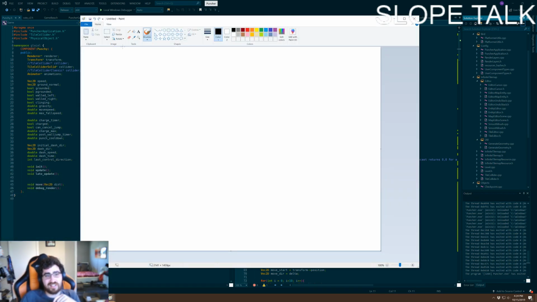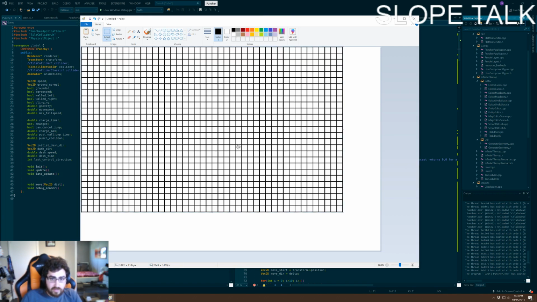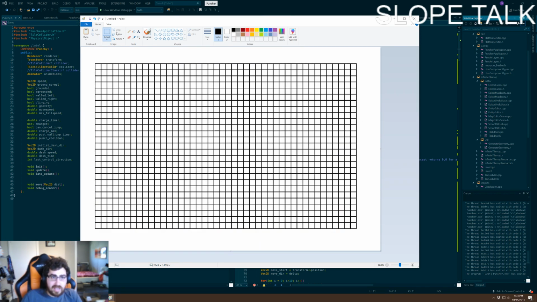So the difficulty with solid shapes is that, one, you cannot use a raycast for this. If you do a raycast from this point to this point, you get this tile, and all these tiles in order. It's an infinitely thin line when you do a raycast. The math behind a raycast is easy because